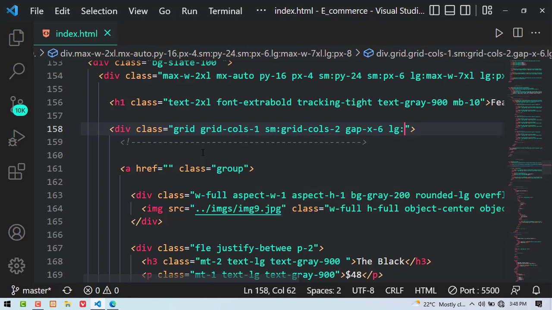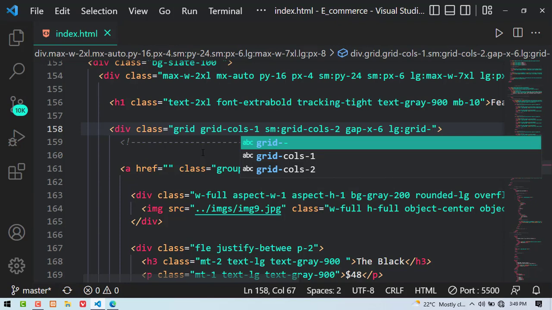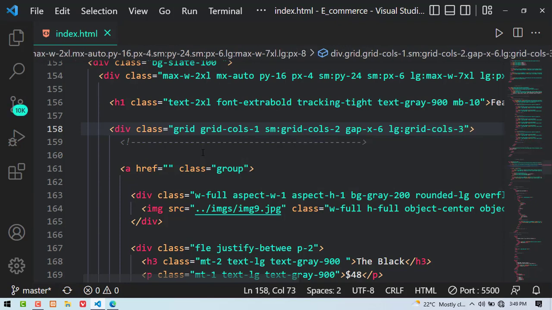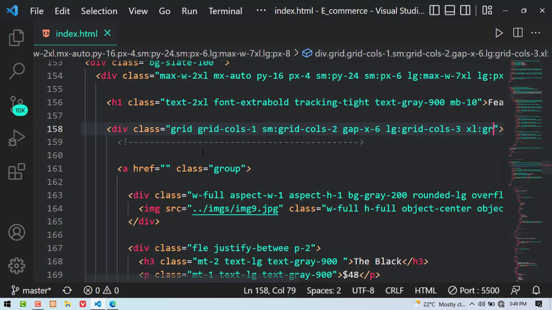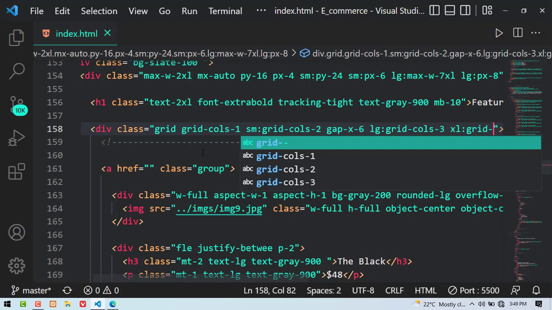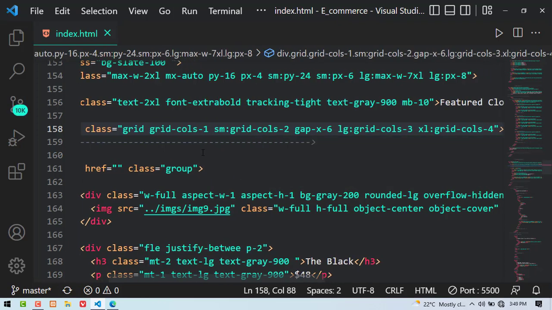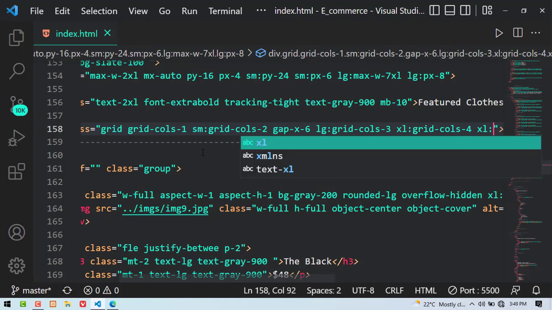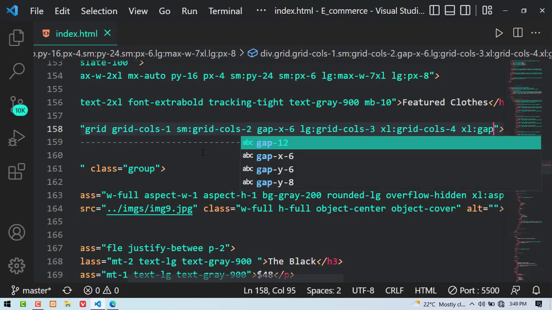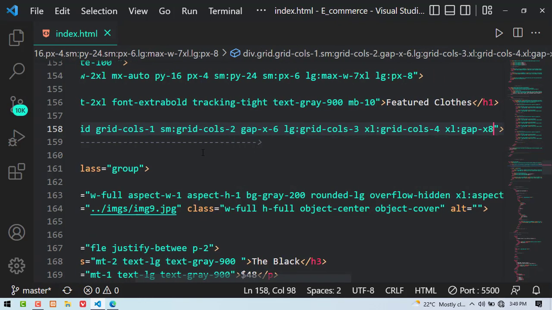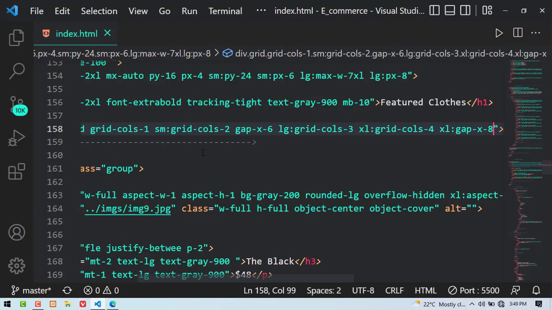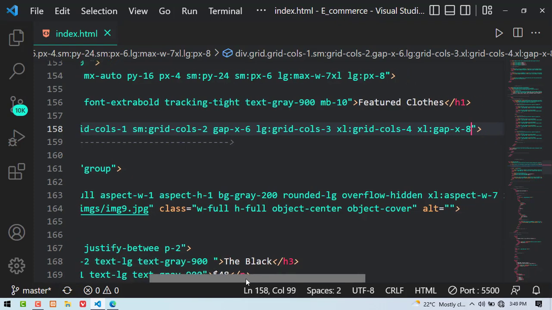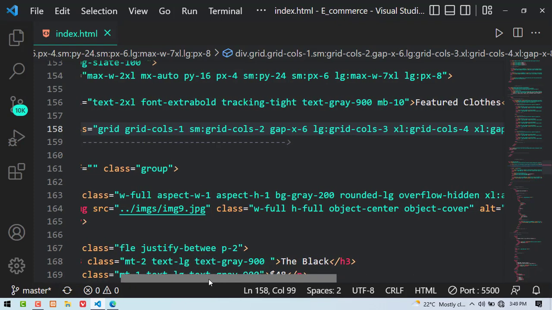In large screens, we should have the grid increasing to 3, and in extra large screens the grid should go to how many columns? 4, and the gap in the large screens should be 8. Yeah, just like that. So that is one thing that we had missed,